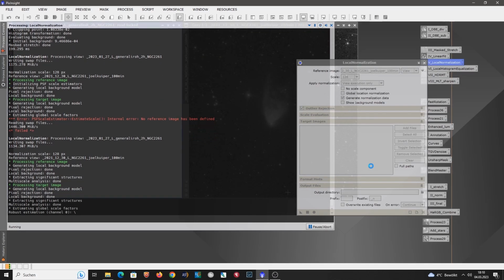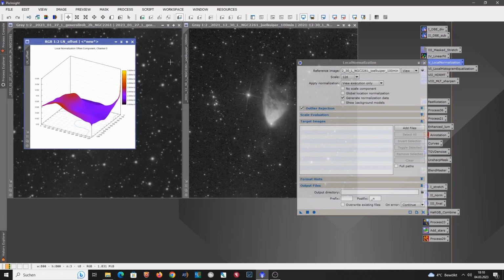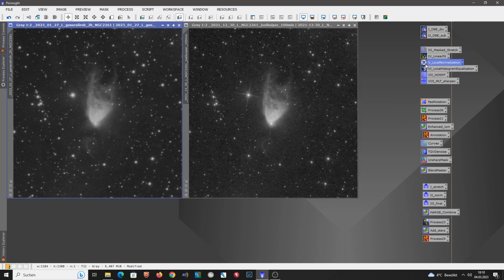So it should adapt the brightness values of the contribution by General IRO to the brightness values of Joel Kuiper's contribution. And you can see, it's a little bit dimmer now. So it is a little bit adapted to the brightness values of Joel Kuiper's